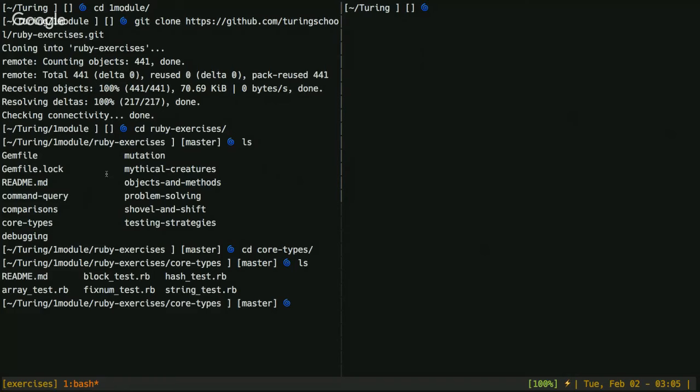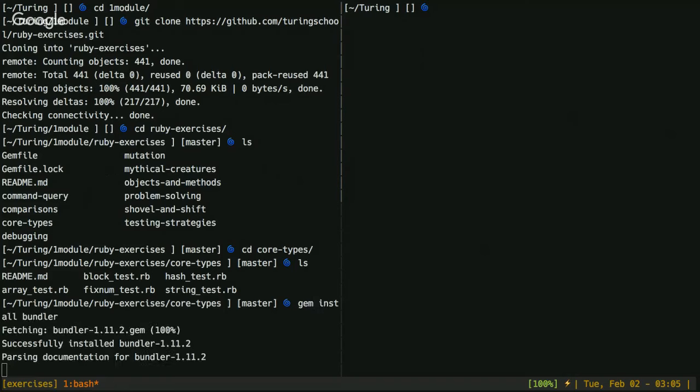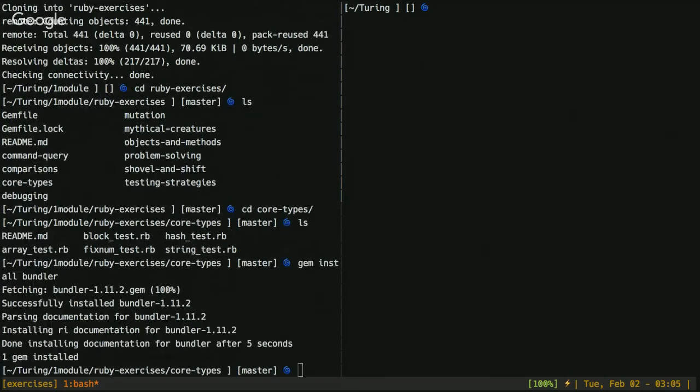What we have to do here is get some additional software the computer needs. Some of you may have this already installed, some of you may not. We're going to install a gem called Bundler. Bundler is a piece of software that, for Ruby programs, goes out to the internet and gets us all the software we need. To install that, we type in gem install bundler and hit enter. That might take a little bit to do its thing. I'm going to type this into your Slack so you can see.